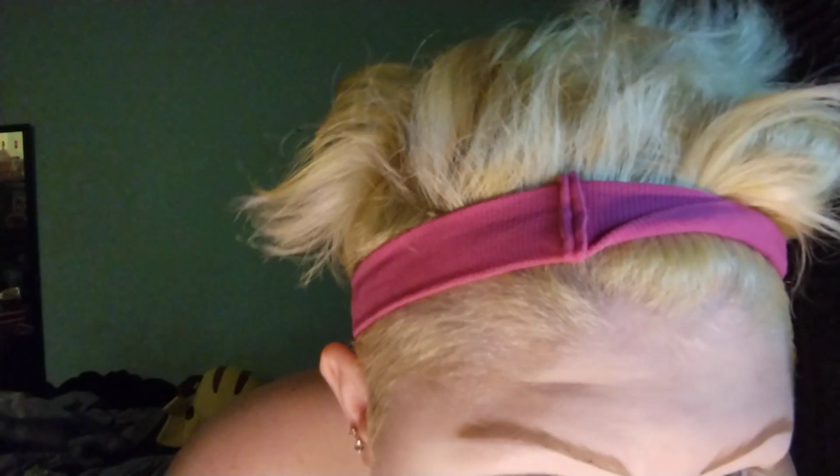If you notice I'm going like this, it's because there's a mirror right here with a light. Can I turn this light off? Still be okay? Yeah, I can. Let me also plug this in just in case it dies while I'm doing my makeup, because